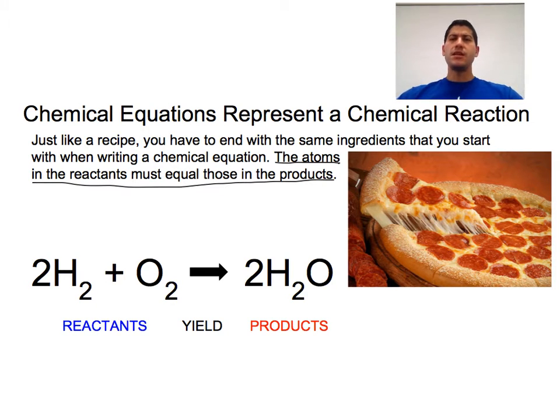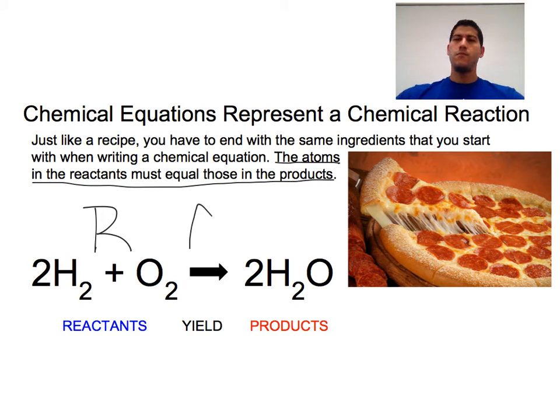The reactants are separated from the products by this arrow. The direction of the arrow points to the products in the reaction. You read the arrow by saying yield. The reactants yield the products. For example, you would read this chemical equation: hydrogen and oxygen gas react to yield water. The easiest way to remember what goes where in a chemical equation is with the acronym RAP, which stands for